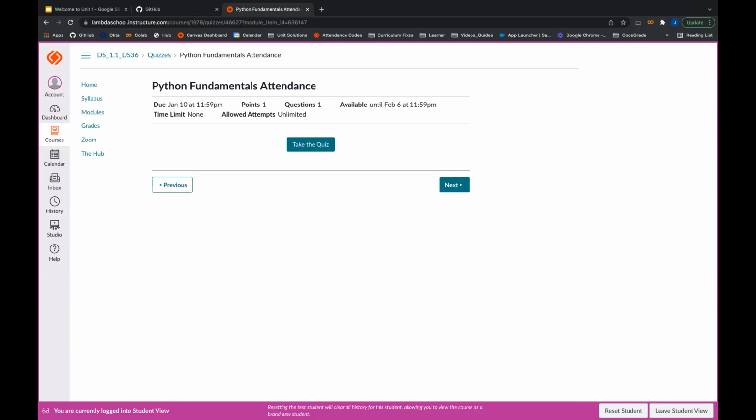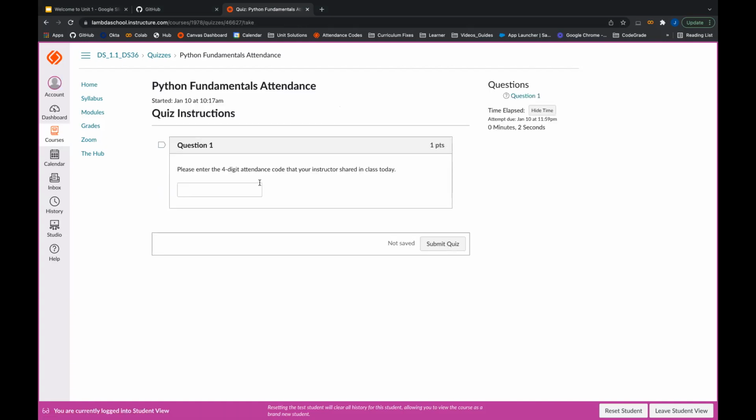It'll be a randomized numerical code that you'll be able to click as far as take the quiz and insert as part of an answer to the quiz. So today's answer to your guided lecture is, looking it up,